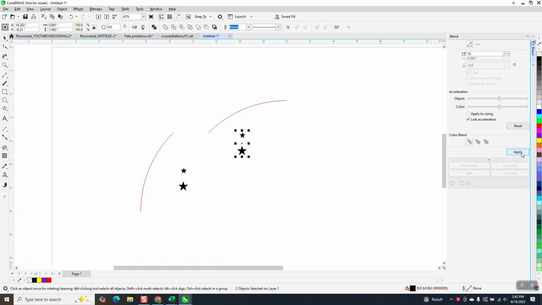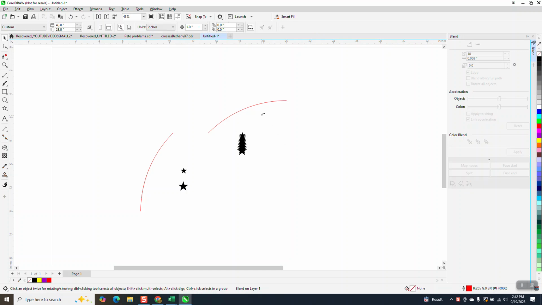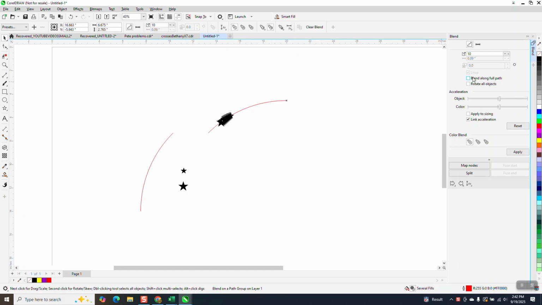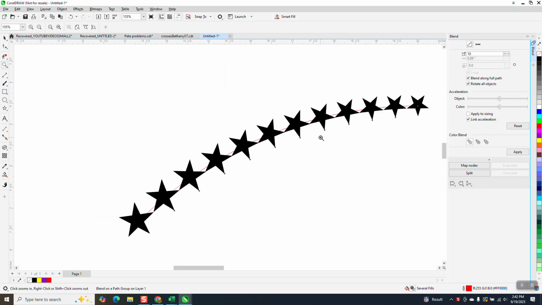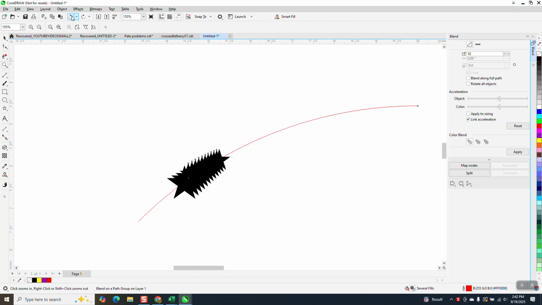We're going to blend 10 times, put it on a new path, and then blend along full path and rotate all objects. They don't look like they're right. They really are. The point is in, but if you wanted the downside,